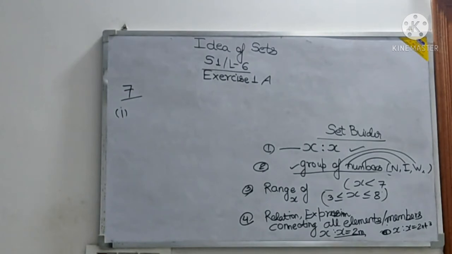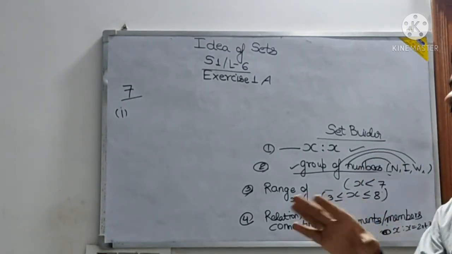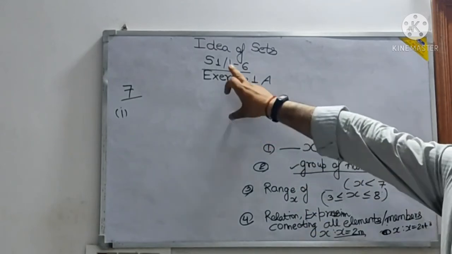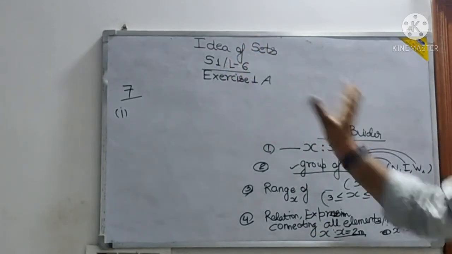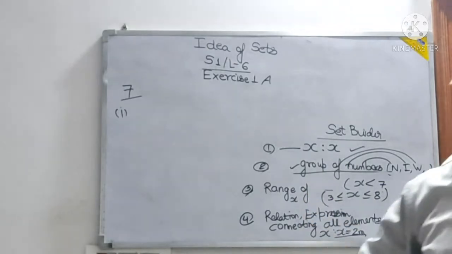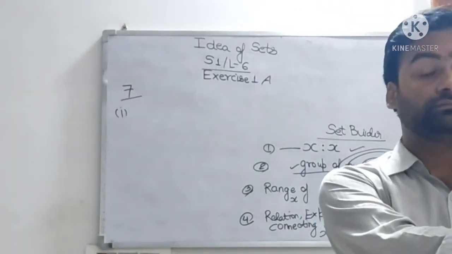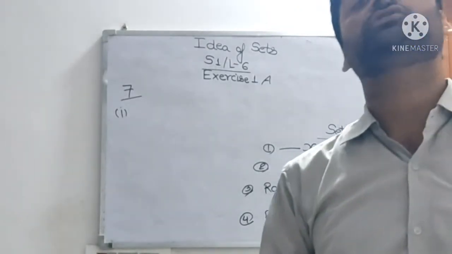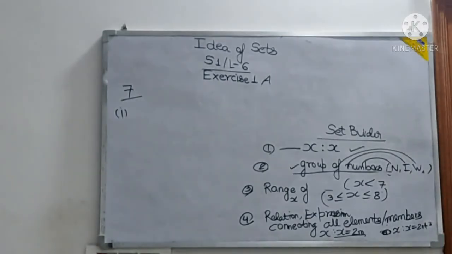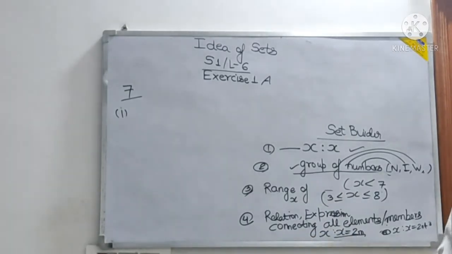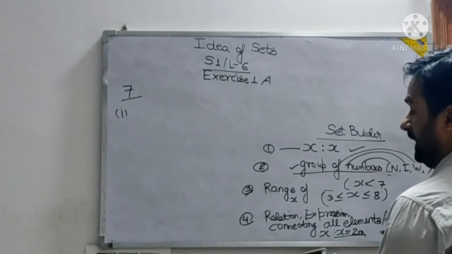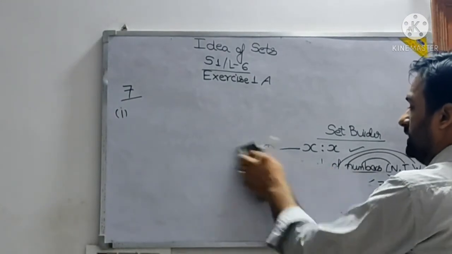Now taking up the question. This thing also, if you want to write it, you can write it there, up to you, but this is for understanding purpose. Remember my lecture, session 1, lecture 6, this thing I have told for the set builder. I did not explain much in that one because that was an introduction. Set builder is all about understanding how to generate. This thing is not written in the book also, but I am explaining it. This is hands-on that I have generated for myself, so that you can benefit from it.